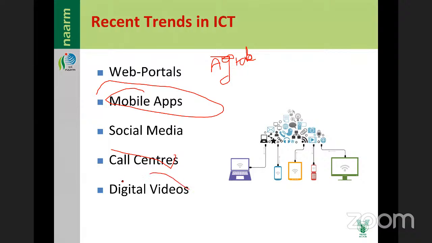Digital videos are the format nowadays, and all information can be easily understood by farmers. That's why we also get information on YouTube, but AgTube is specifically for agriculture. Agriculture Tube, agtube.org. You can go through the site. There are many languages. If farmers want to see Marathi, you'll get it. If you want to see Telugu, you'll get it. So 28 languages you can open, select the language, and you can get it.